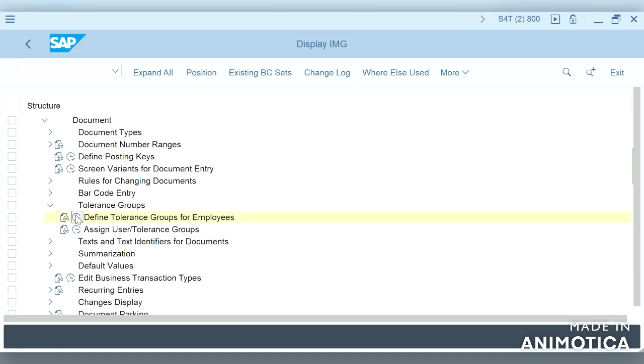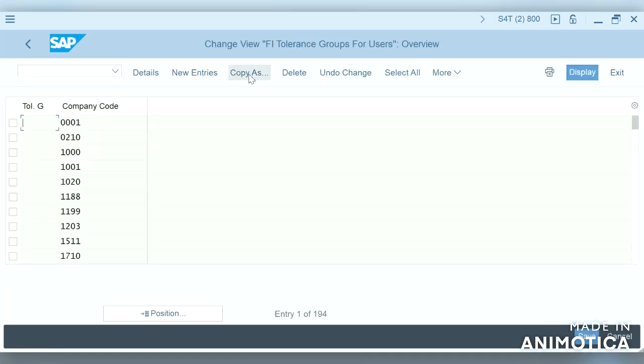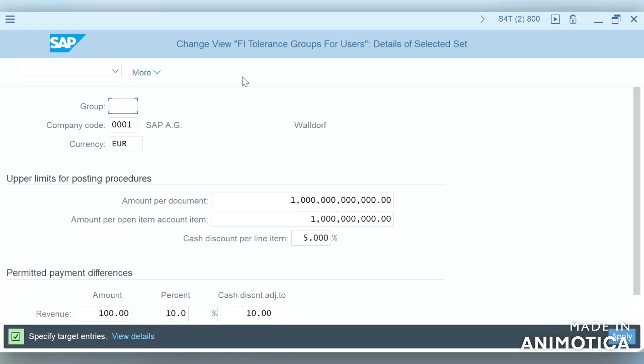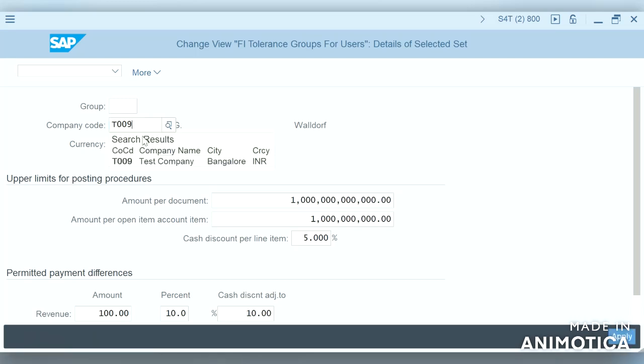Define tolerance group for employees. Copy as. We'll select and do copy as. And here T009. So company code T009.